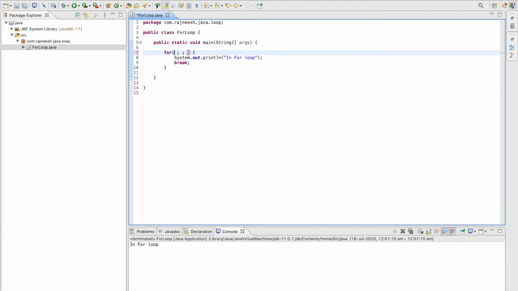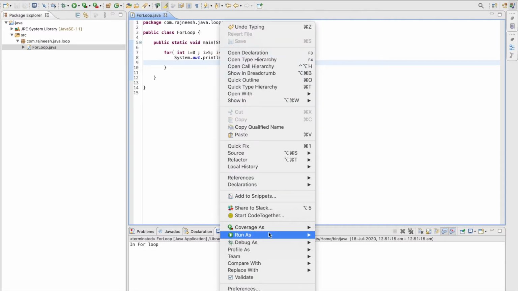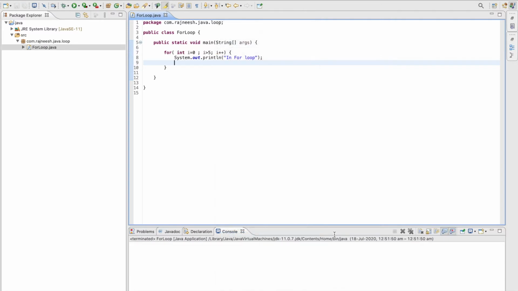So this is the basic thing that I needed to tell you. After that, I want to move on to the actual implementation of the for loop. So I will write the initialization int i equals 0, put a condition i greater than 5, which is again a false statement, and after that I am going to increment i++ and put a statement.